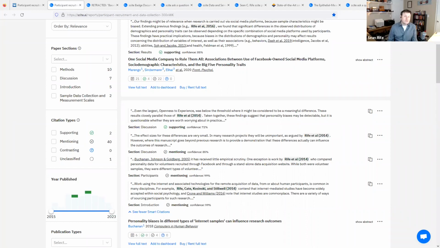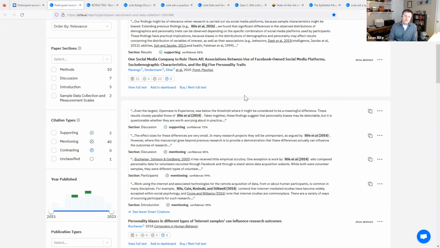Yeah, the way I would approach that would be using our citation statement search, or what we call the ask a question feature, and then filtering the search results as a way of identifying work that's highly supported or highly contrasted. That would be the way I would do it.